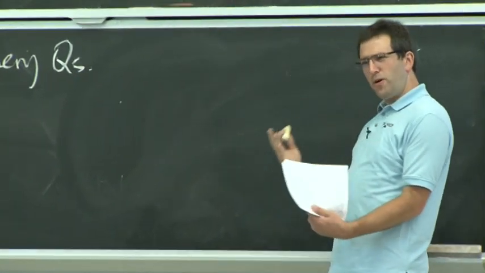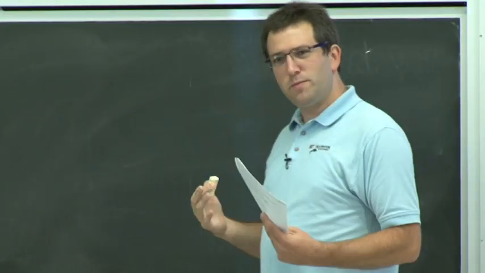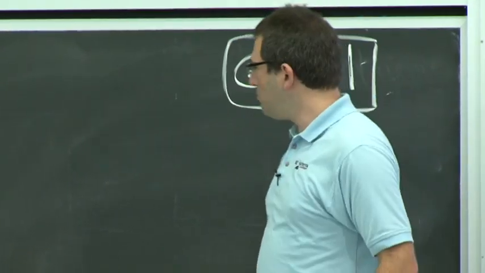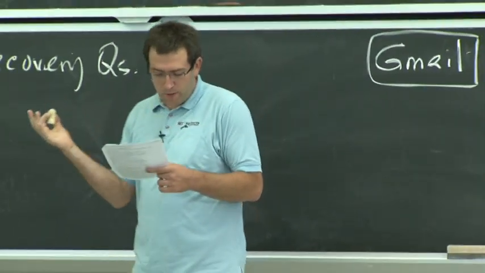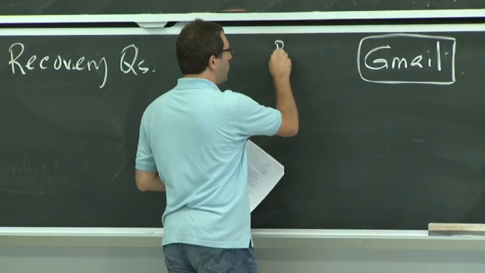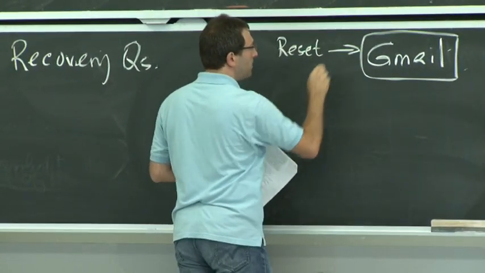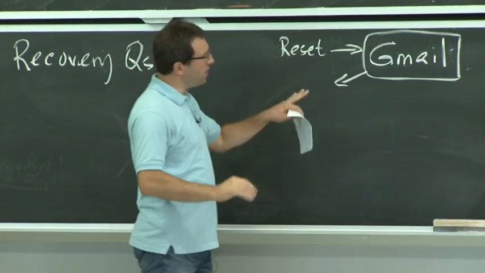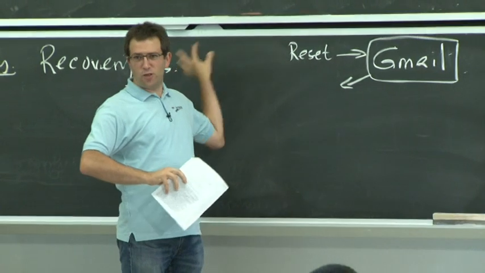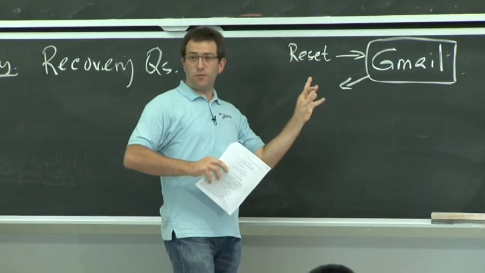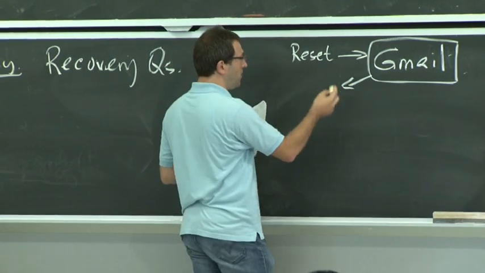So all parties in this story seem to be doing reasonable things, but we'll see how they add up to something unfortunate. So we have Gmail, and Gmail lets you reset your password if you forget, as do pretty much every other system. The way you do a reset at Gmail is you send them a reset request, and what they say is, well, we're not going to do recovery questions, at least not for this guy. What they do is they send you a recovery link to a backup email address, some other email address that you have. And helpfully, they actually print the email address for you.